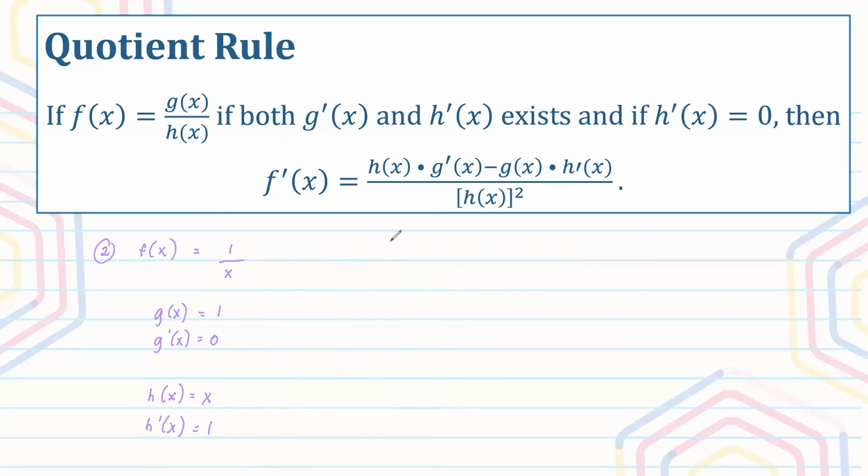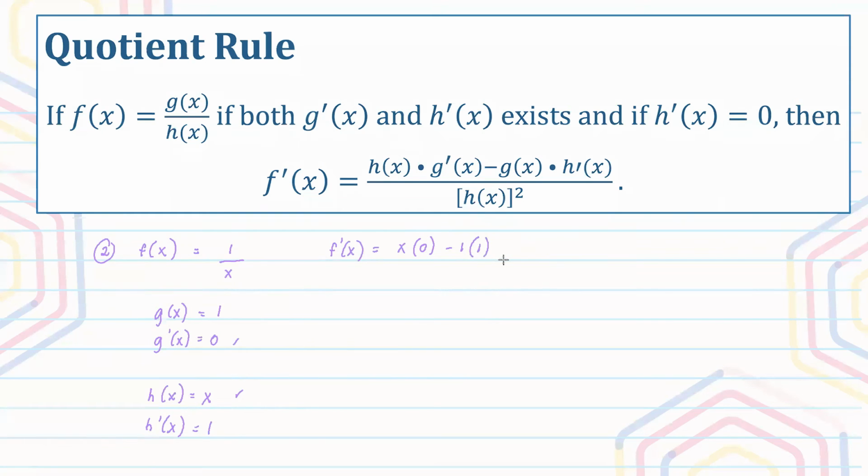Okay, now we can proceed to finding f prime of x. So you have here f prime of x is equal to, h of x is x. So you just write h of x times g prime of x, which is 0. So x times 0 minus our g of x here, which is 1, times h prime of x, which is also 1,